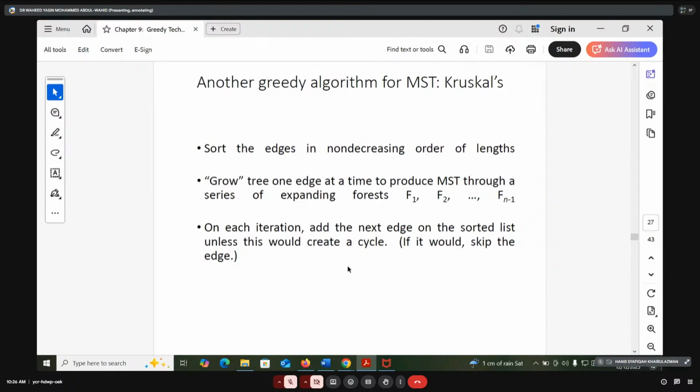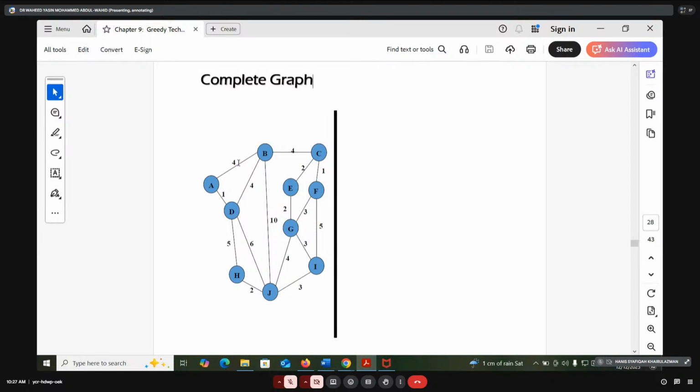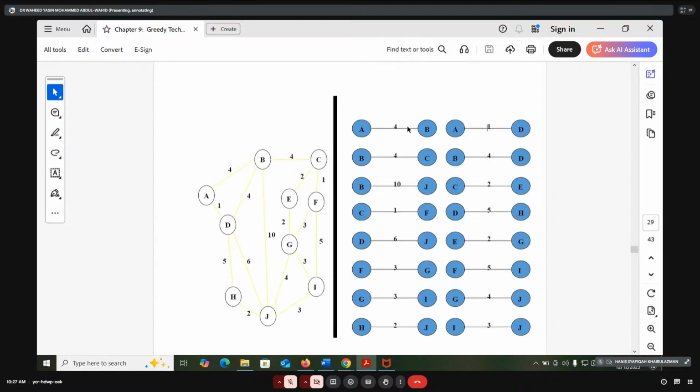Okay. So we go to Kruskal's algorithm. What is Kruskal's algorithm? Using the same graph that I have as an example, I just get the connections. Here, this is the connection between A, B 4 and B, D 4, A, D 1. So I will write all the edges. I write all the edges from A to B 4, from B to C 4, from A to D 1, all the edges